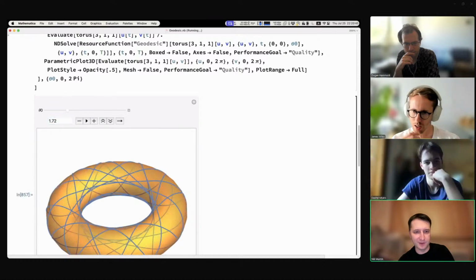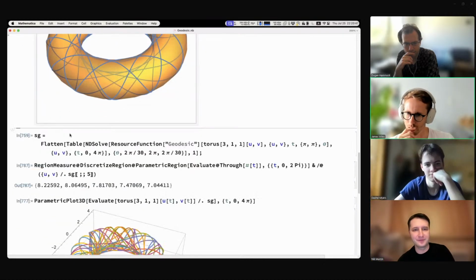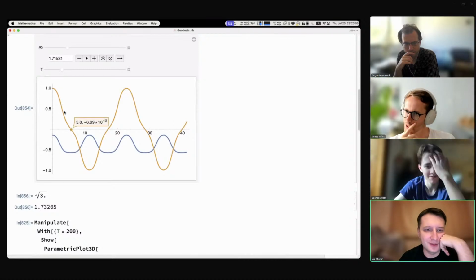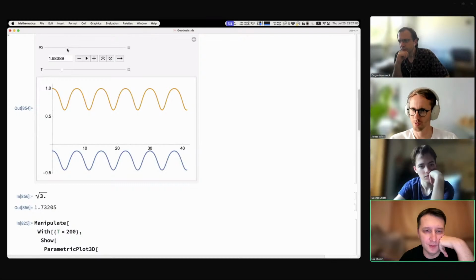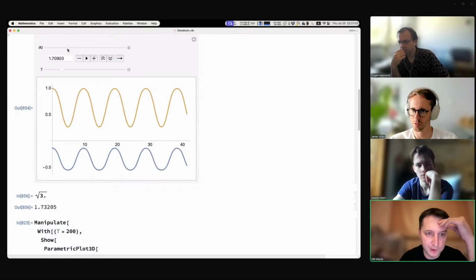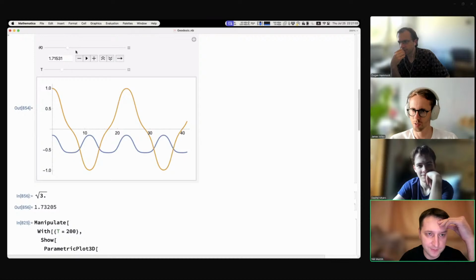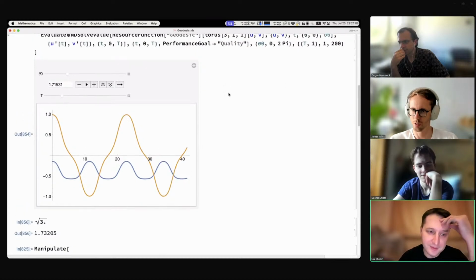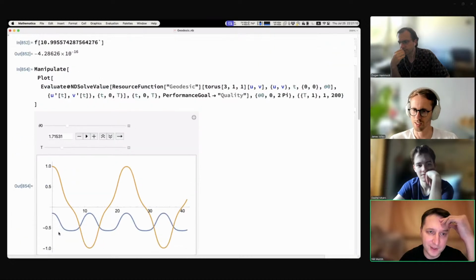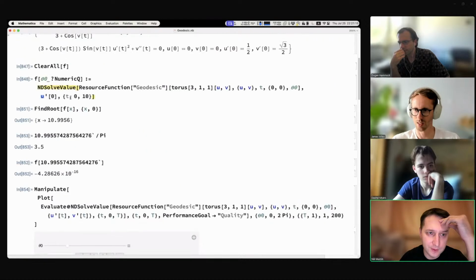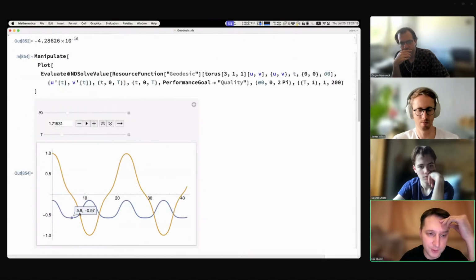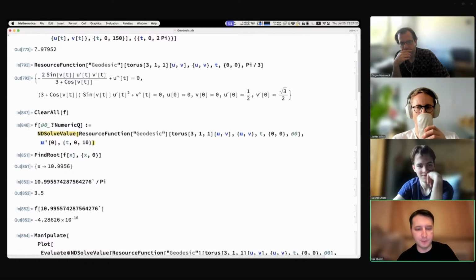Somewhere in between. Yeah, that's kind of that moment. So we need to find where the derivative has roots. Here it's just always above 0, and then it actually crosses it. So how do we find it? And that's for the V, right? That's the second curve. I don't know what the blue one is doing. So it's like the derivative of V